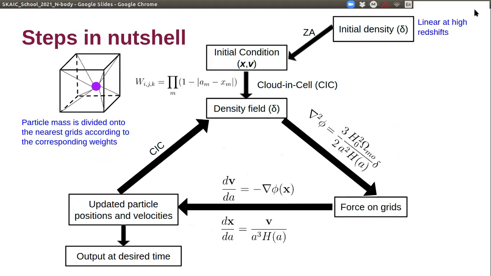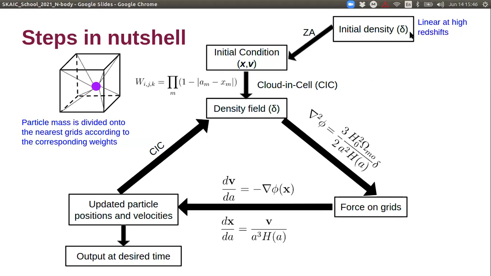So here I show a small flow chart of our code. There is a rigorous flow chart available in the manual of the code, but let us focus on this right now.